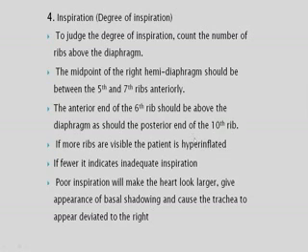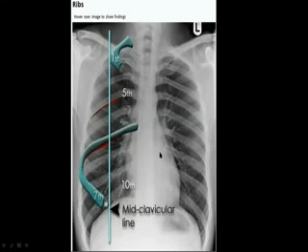So we must try to identify the degree of inspiration, because with poor inspiration we'll see many artificial structures on the film. So we should try to identify whether there is good inspiration or not. How to identify: when you take a good inspiration, the diaphragms will move down and more of the lung will be aerated. So more of the structures will be seen, particularly ribs. So you can see here, this is a good inspiration film wherein you can see more ribs.